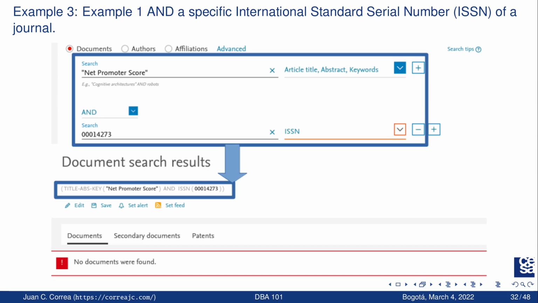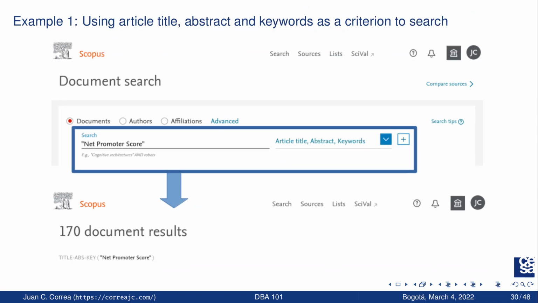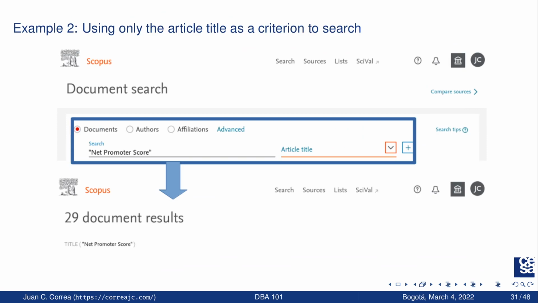So this means I'm asking Scopus to give me a list of those documents that meet those two criteria at the same time. And as you can see at the top of the slide, no documents were found with these two criteria. So depending on how you use your search criterion, you will get different results.